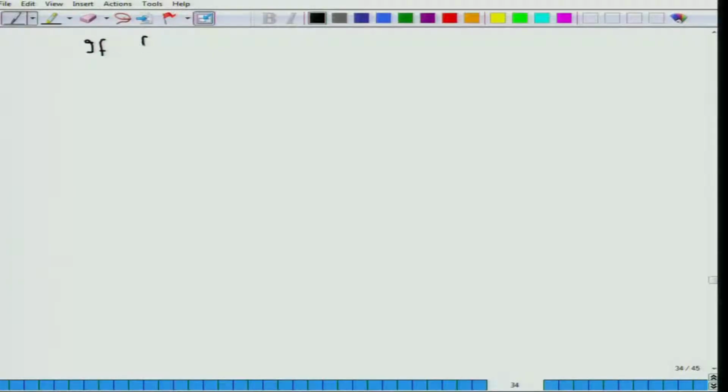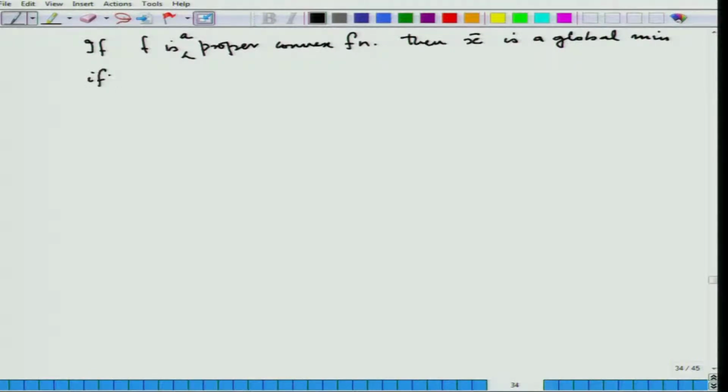If f is a proper convex function, then x bar is a global minimum. Of course, f of x bar has to be finite, otherwise it has no meaning. x bar is a global minimum or global minimizer if and only if